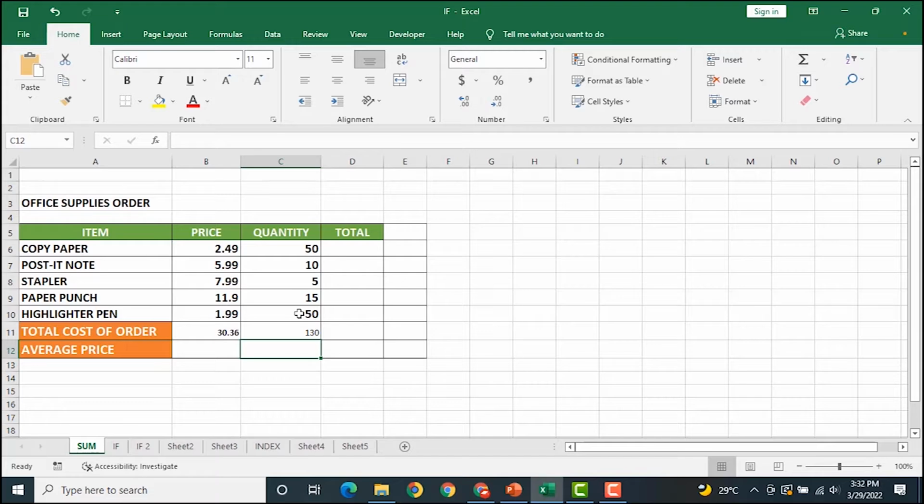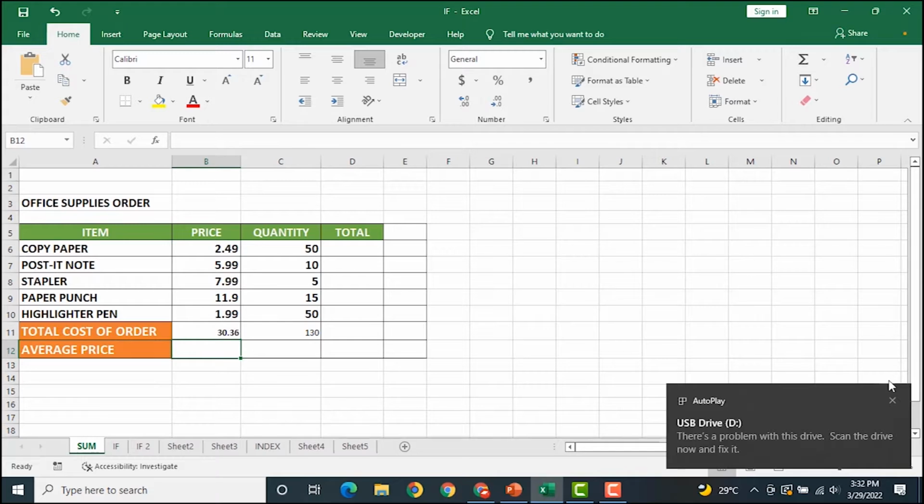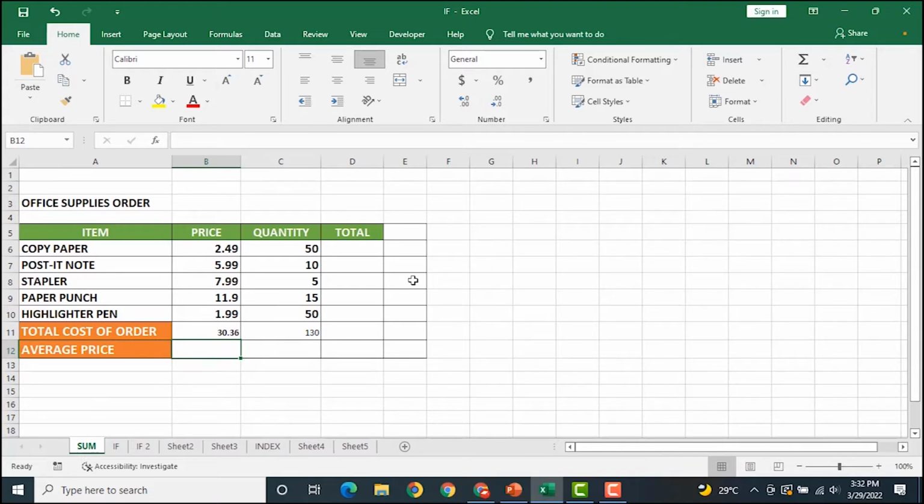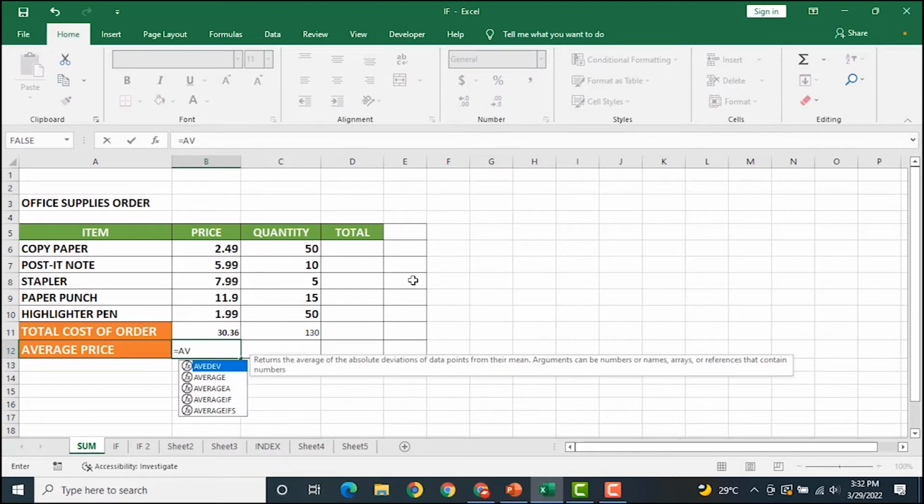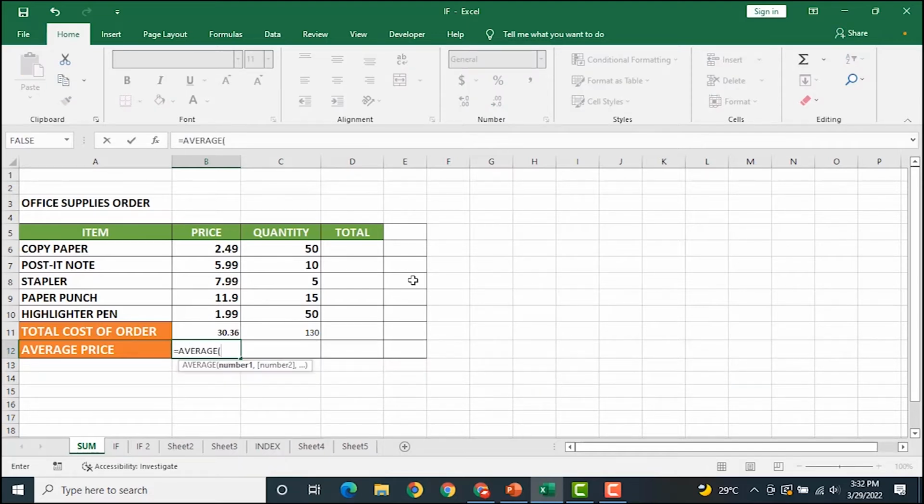Again, let's say you want to find the average for price and quantity. You can as well come below this and find the average for price. So the average is equal sign, then we say AVERAGE. Okay, then we select the range we want to find the average of. In my own case, my range is from B6 to B10. Alright, B6 to B10, as you can see. If I press Enter, then I have my average to be